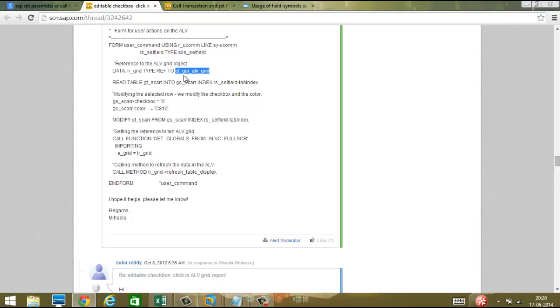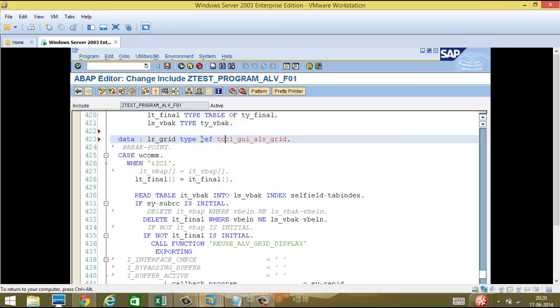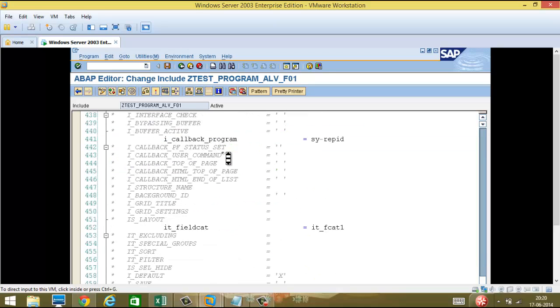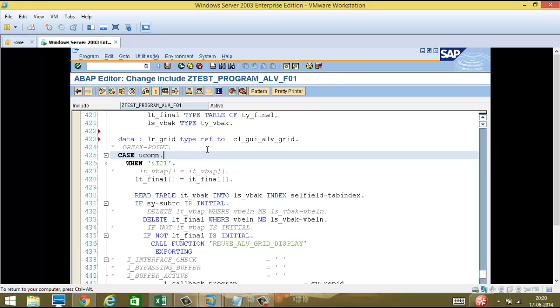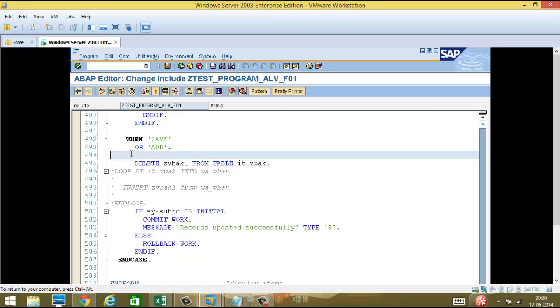Type ref to, sorry. I'll explain this type ref to in more detail when we are doing object-oriented programming, but for now you just learn it as it is. So LR grid type ref to this, and then if we are hitting the save button,